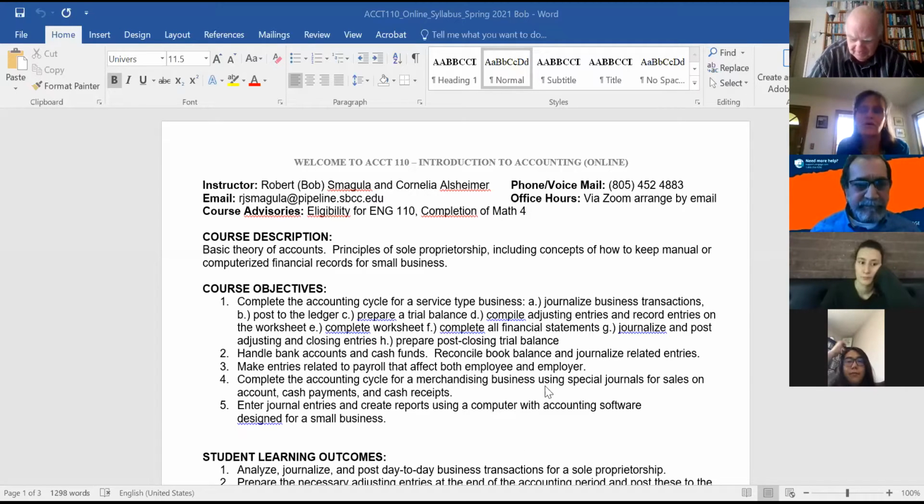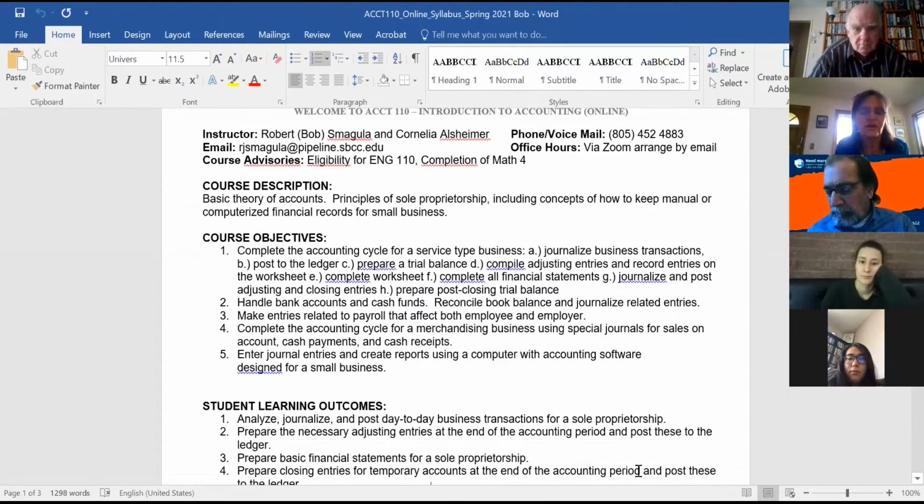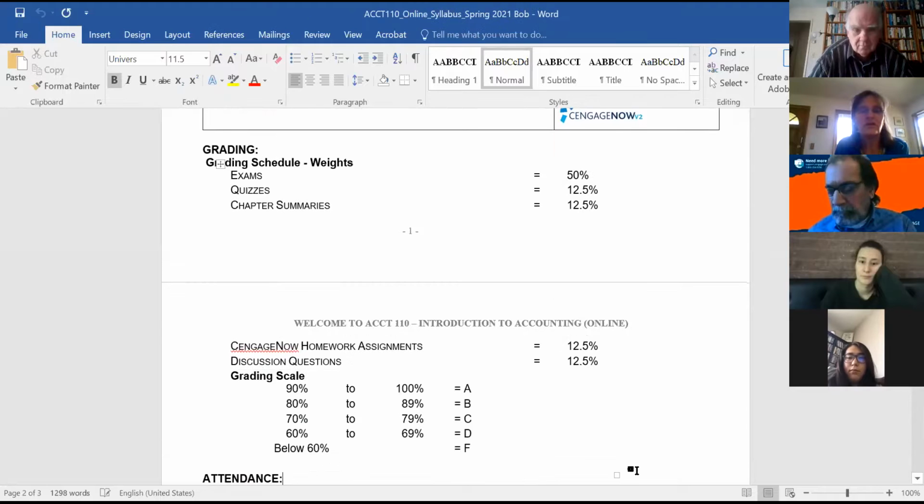Beautiful, there it is. Okay, so this is the syllabus, and by the way, Bob said you can contact him by text message. That is on the top. That is your cell phone number, right? That's correct. All right, so this is Bob's cell phone number. Rather use that one. Do not use the City College generic phone. Okay, so here again, here's the grading schedule,